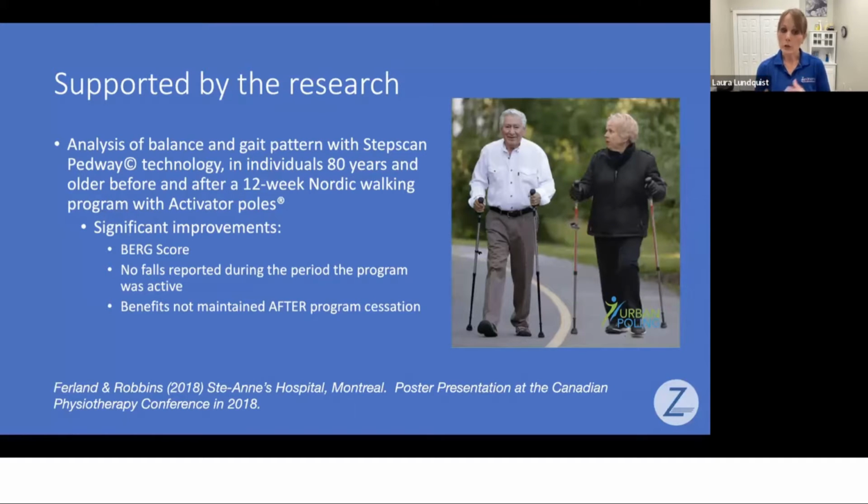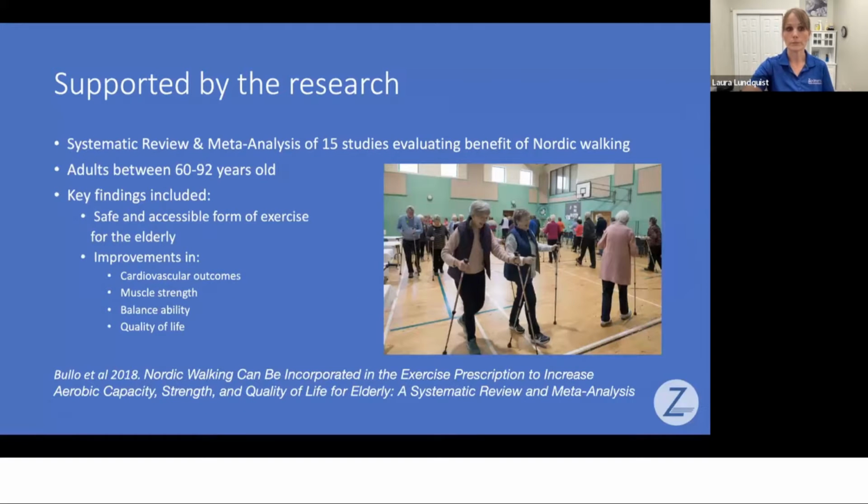And interestingly, during the 12 weeks that people participated in this program, there were no falls reported and the Berg score improved. And what they saw was that when people stopped participating in the program, then they lost those gains, right? Which doesn't mean the program doesn't work. It just means that you have to keep doing it, right? Which isn't surprising. You've got to maintain, you've got to keep practicing those skills in order to optimize how your body is functioning and reduce that risk of falls. But they certainly are showing up as a useful tool.